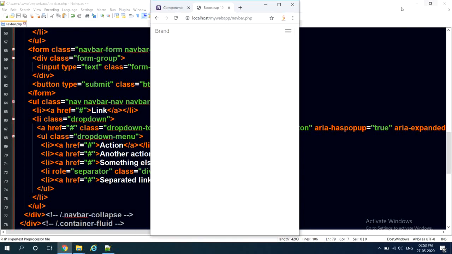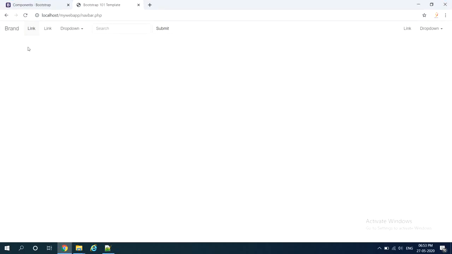So when you execute it, you should be able to see this navbar. When you resize to a mobile screen window, yes, it is sliding down. Super, it's working. This is how we can create a simple navigation bar without writing a single line of code. Later we can modify this based on our requirements. Here they have written brand, link, dropdown, many things are there. Just you ignore them. We can edit them as per our requirements.